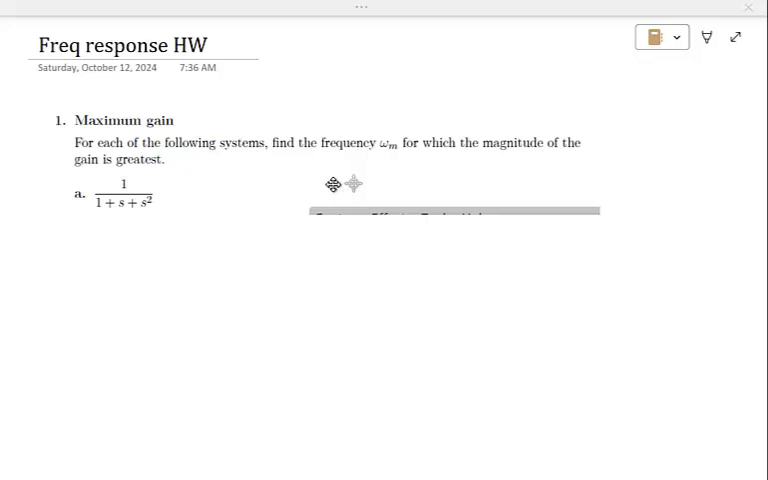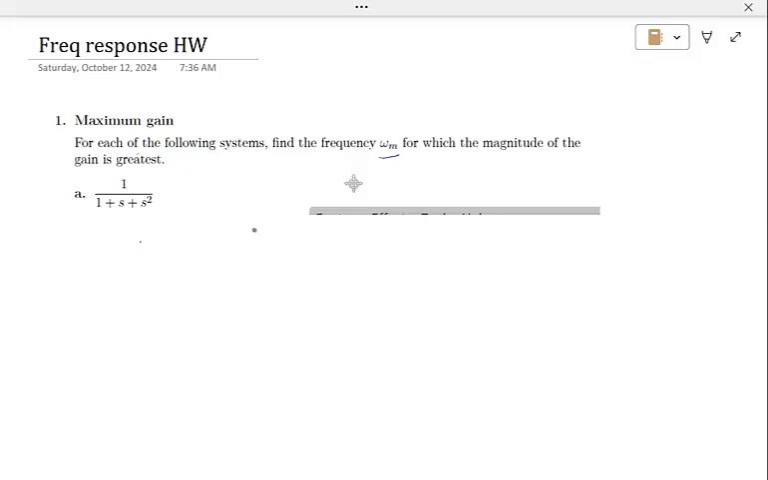Okay, so I want to give some preliminary considerations about some of these homework problems. For instance, the first problem talks about maximum gain. It says for each of the following systems, find the frequency omega m for which the magnitude of the gain is greatest. Now, just to give you a